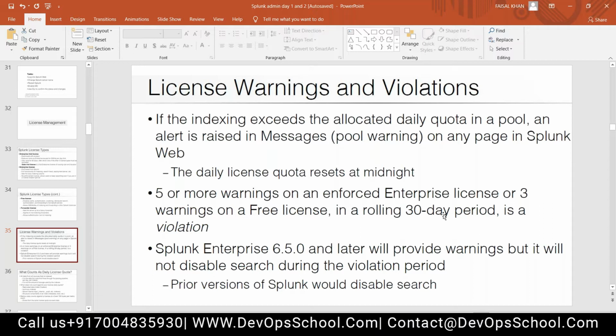Suppose, Pat, you went to Splunk and asked for a license of 10 GB per day for 1 year. This is your license. Now, every 30 days, it will be calculated for violations and warnings. If you exceeded this 10 GB per day, for example, on one day you reached 11 GB, on the next day 13 GB, or on the third day 15 GB, and you exceed it 5 times, it will be considered a violation. Then you have to pay for the exceeded part as well. You have to pay the amount. Is it clear? Yeah.